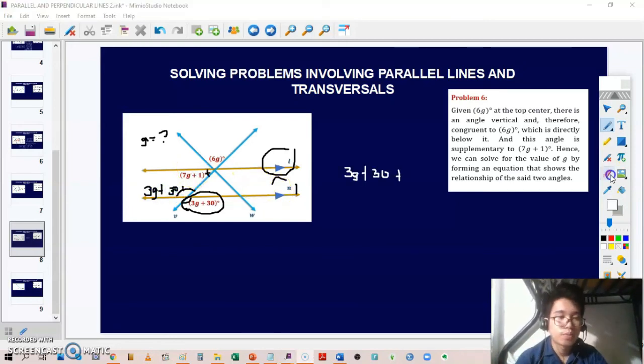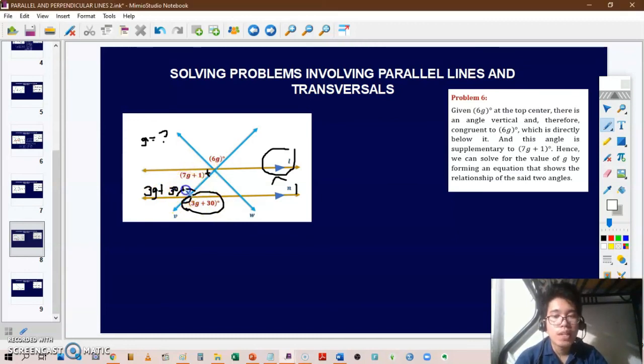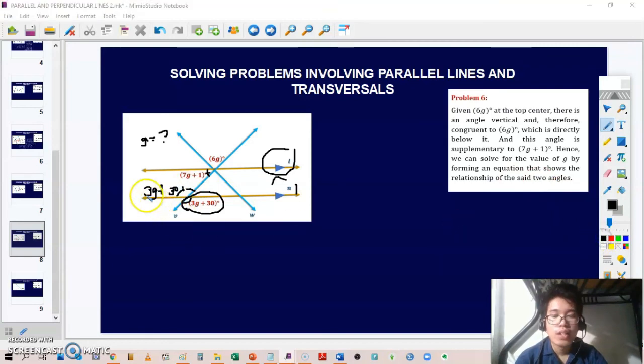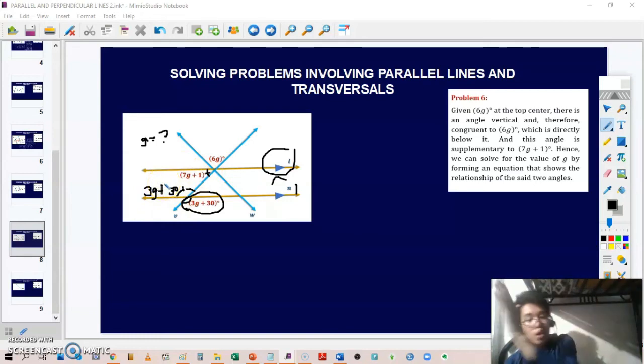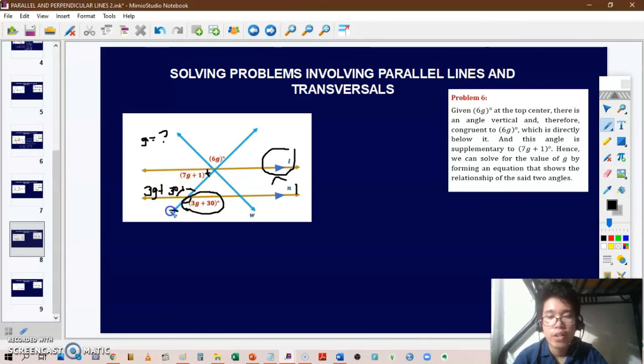Again, we have here 3G plus 30, and the pair of angles that we have here are same side interior angles. How can we say that? 7G plus 1 degrees and 3G plus 30 degrees both lie on the left side of this transversal, transversal V. So based on the same side interior angle theorem, when we add two of those angles, we form a supplementary angle which equals